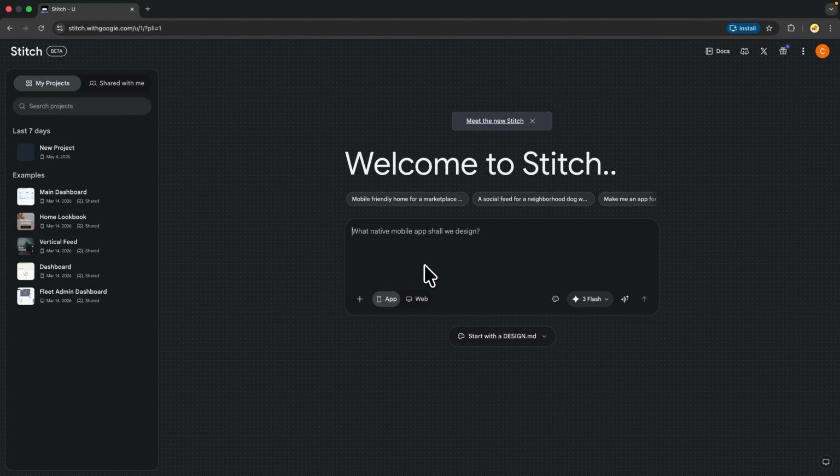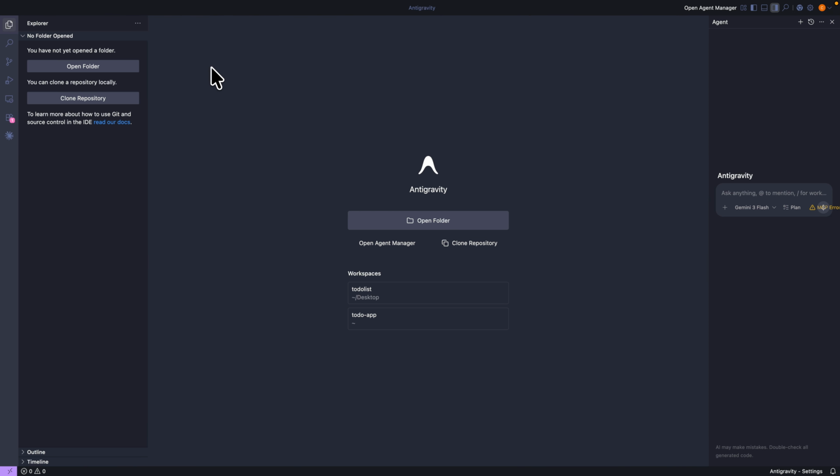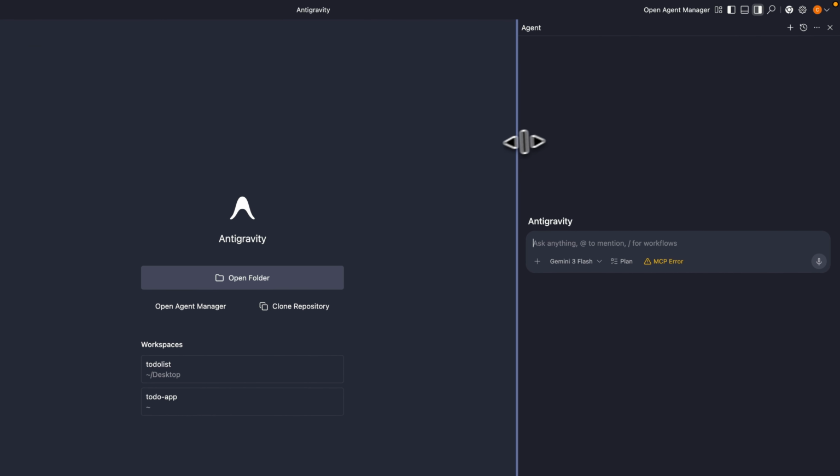If you are using Google Stitch and you want to pull your data or tools directly into Antigravity, you can connect it as an MCP server. So in this video, I'm going to show you how you can link Stitch to Antigravity and get everything working together. So firstly, we are going to open Antigravity and we want to install this MCP server by opening this